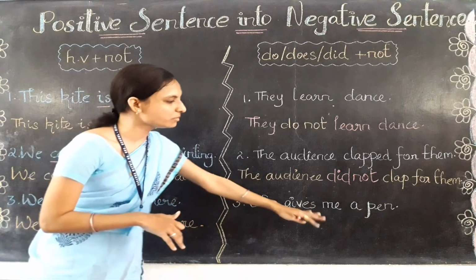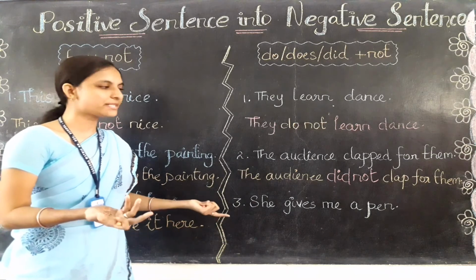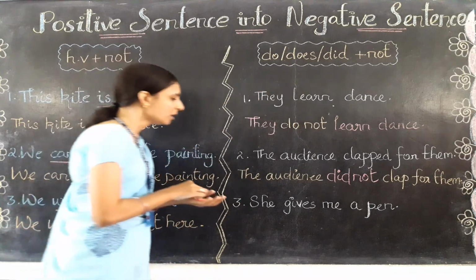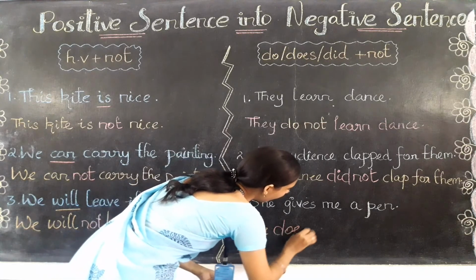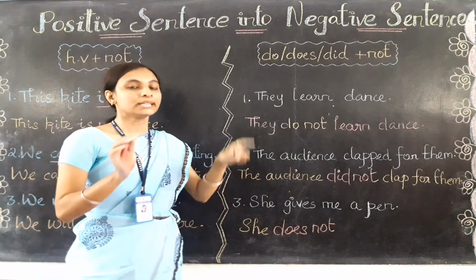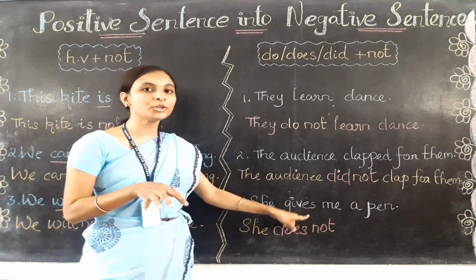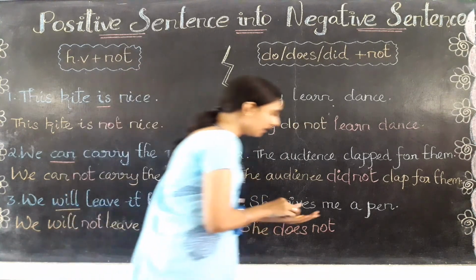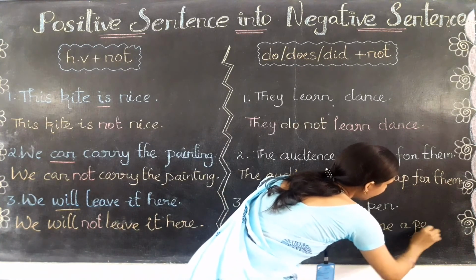Okay, next: she gives me a pen. அவன் எனக்கு ஒரு பென் கொடுத்தா, கொடுக்கறா. It is in the present only. So in the present, for the subject she, we need to use does only. So the answer will be: she does, and after that I need to write not. Then whenever you use the do family verb, you need to use the base form only, not the present time verb or any past time verb. You need to use the base form, that is the normal verb. What is the normal verb for gives? Give only, right? So she does not give me a pen is the correct answer.